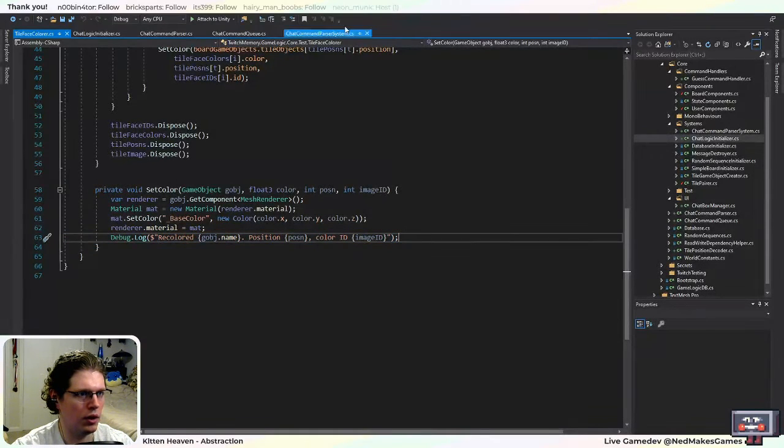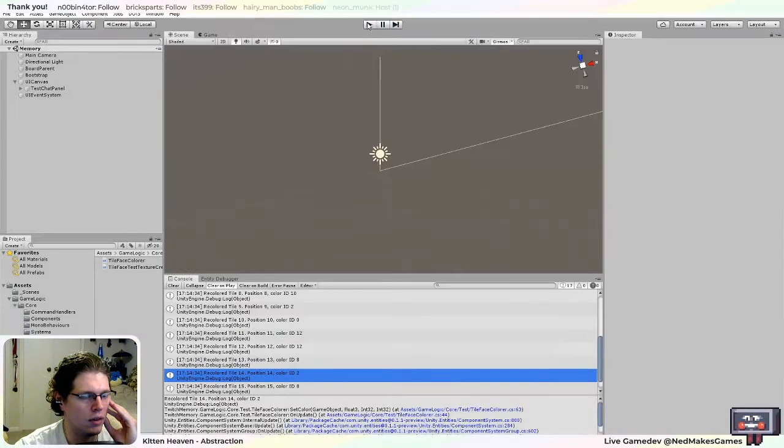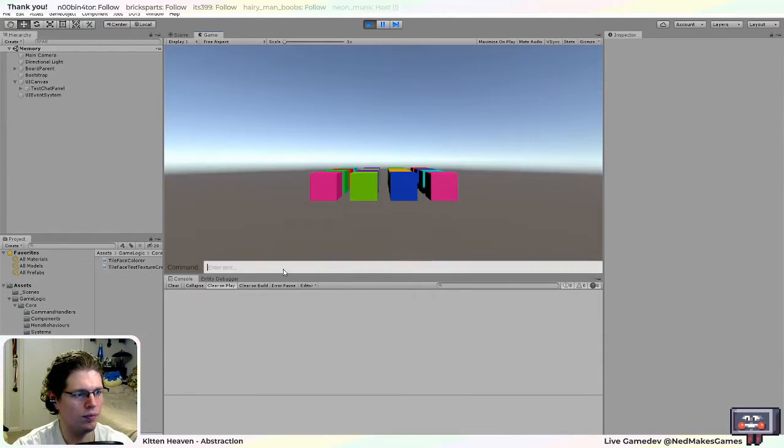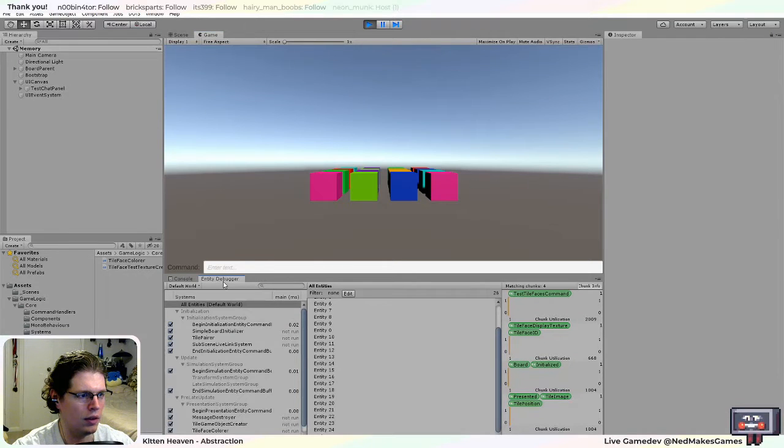Probably get rid of this debug because it's spamming the... Oh, now that I did that, it's gonna have to recompile again. But yeah, it's spamming the log, so we don't need it right now because we already made sure that the pairing algorithm is working. Okay, so guess A1, A2. So it's still an unknown chat command, but if I look in here,